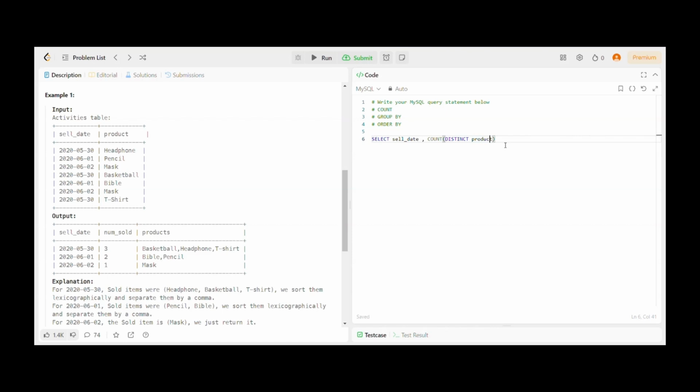I wrote the spelling wrong over here. Yeah, so it would count all the distinct products, and we have to name the column as num_sold, the number of products sold. And now next what we'll do is